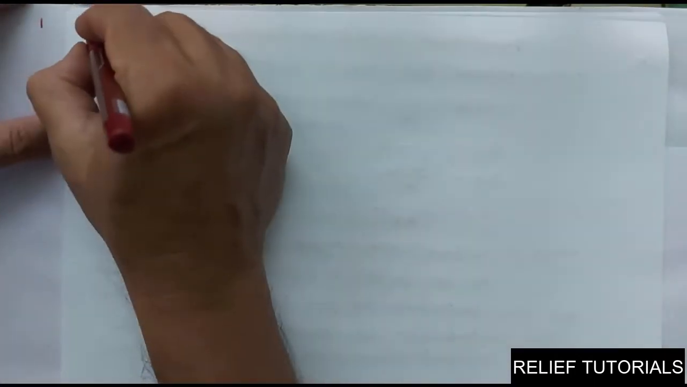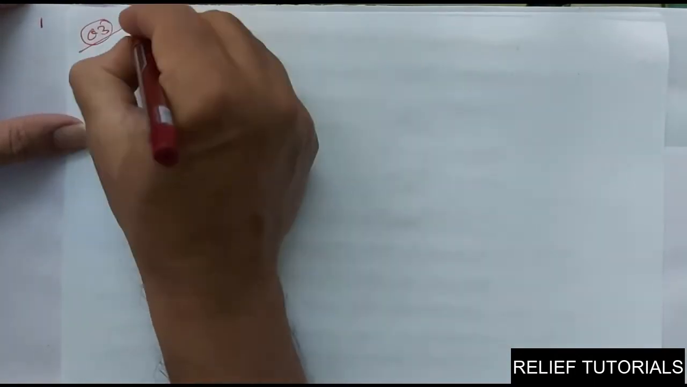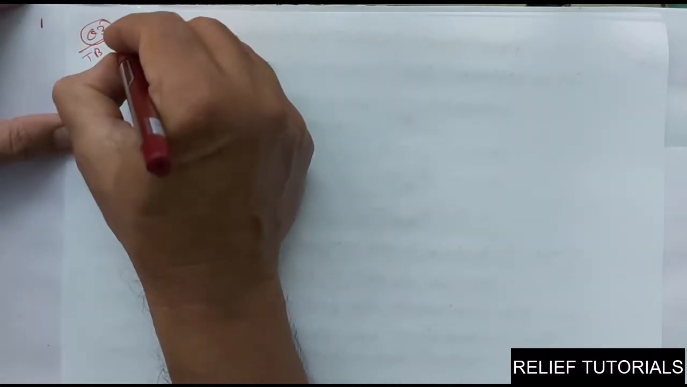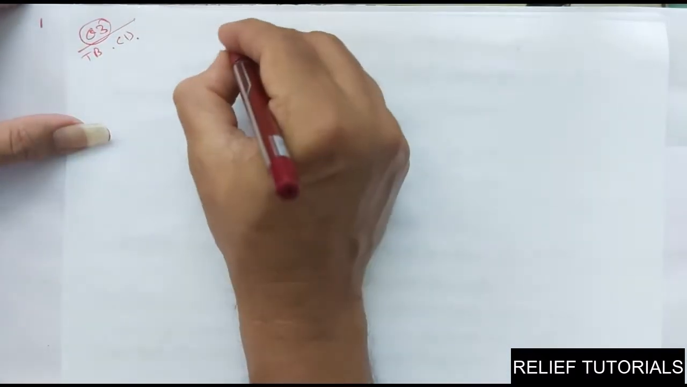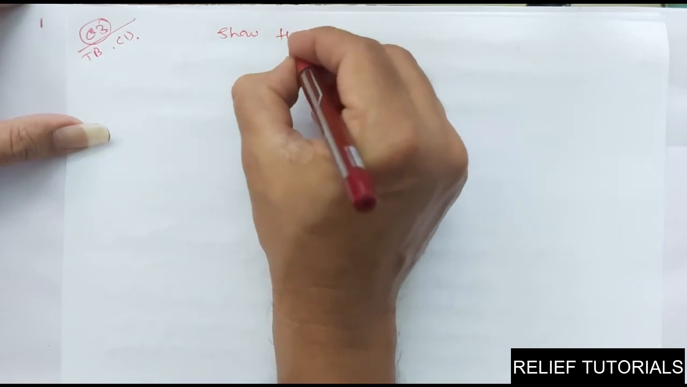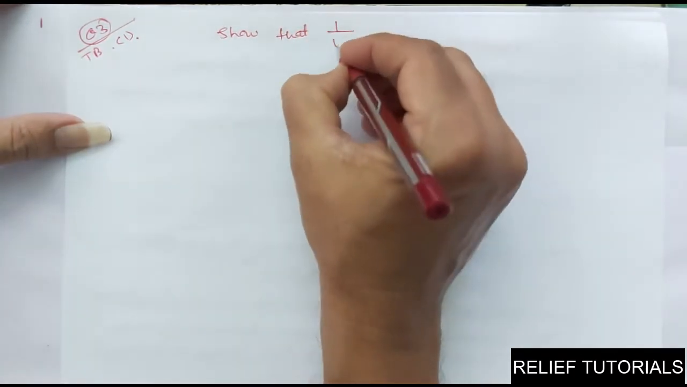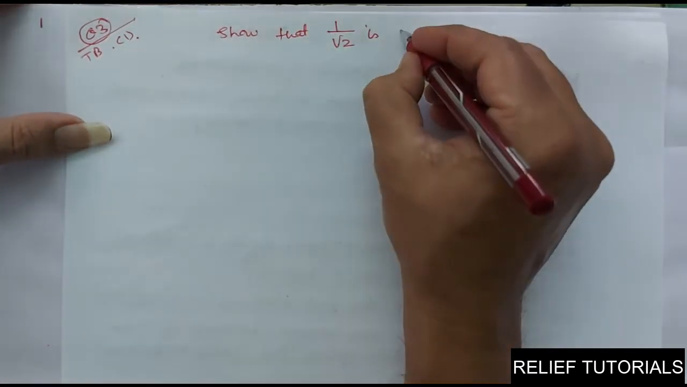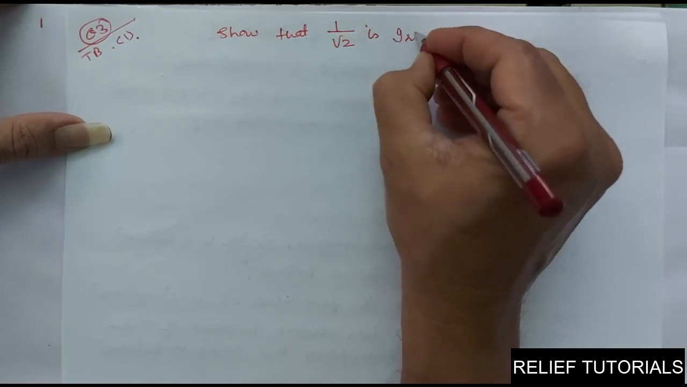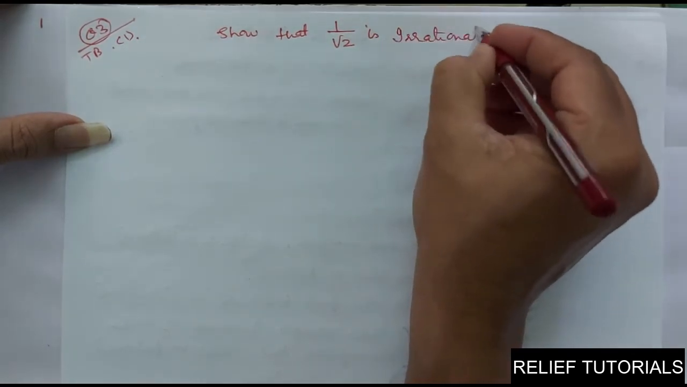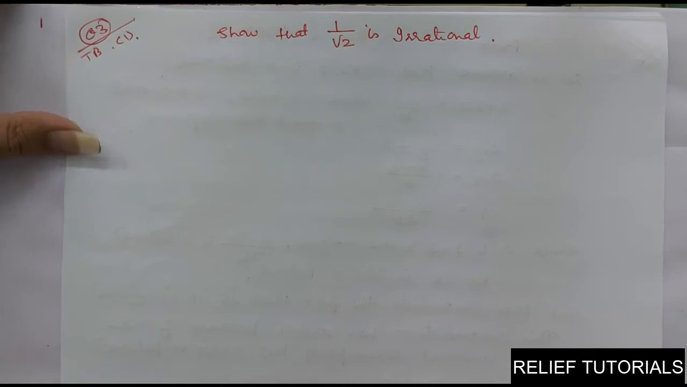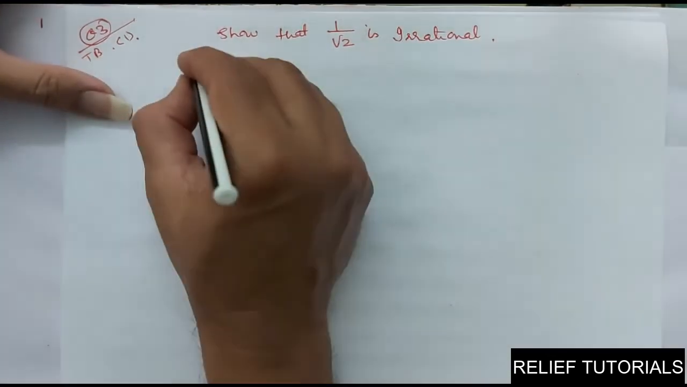Now we will do question number 3, textbook 1. Show that 1 upon root 2 is irrational. You have to show that 1 upon root 2 is irrational. Clear? So now let us